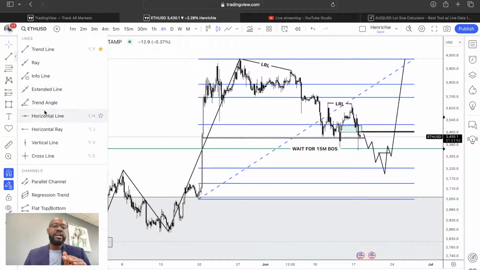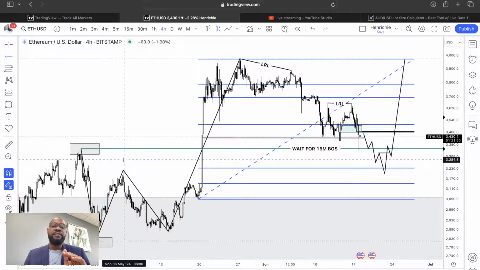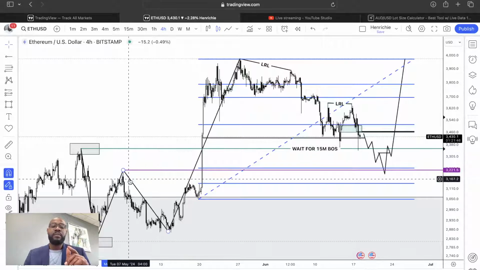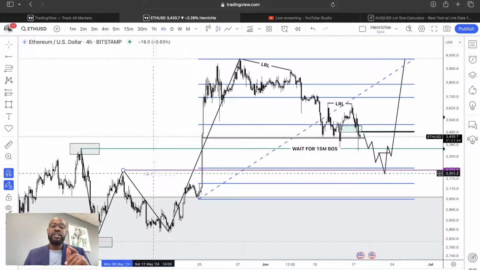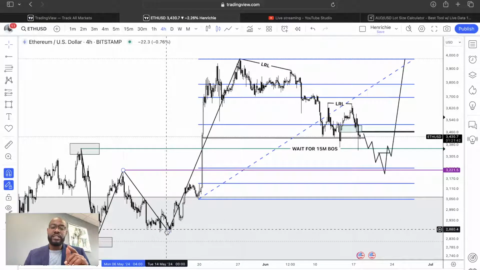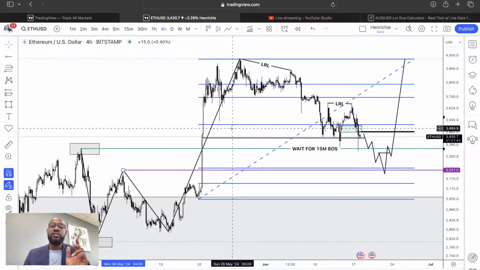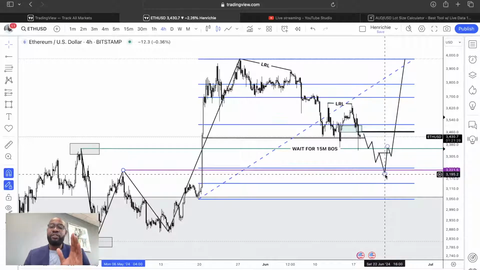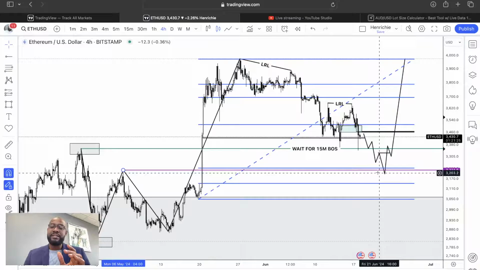Personally, the best and perfect area to buy Ethereum from, if Ethereum should come that low, would be right here. Right here, this orange line. Reason, because this is the overall down close candles before expansion. First reason. Second reason, because we have our extreme discount resting right here as well. If we do see price come down here, that will be a phenomenal trade. But take note, there isn't a certainty that price is going to come here.